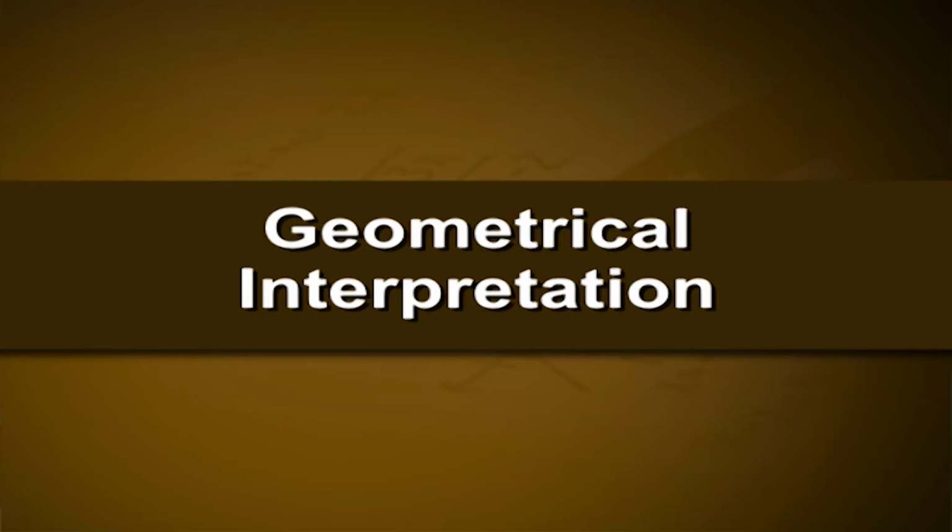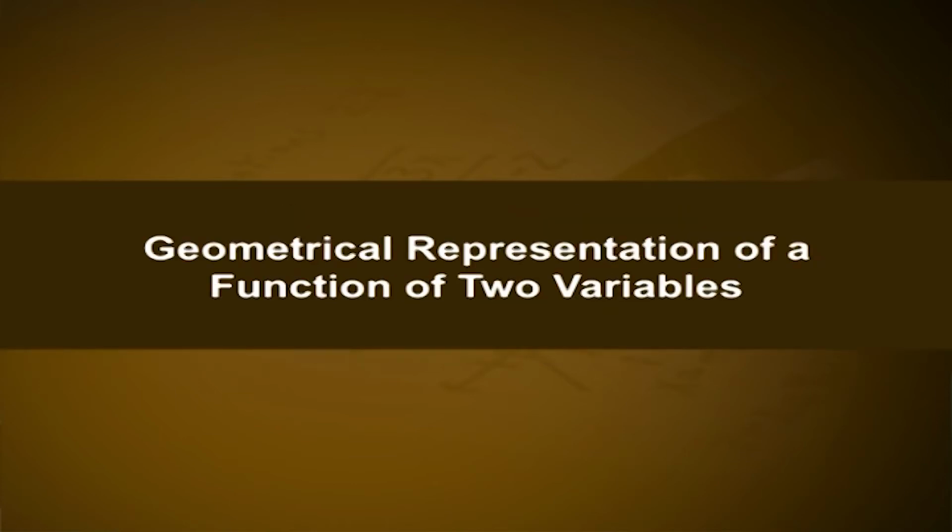Geometrical interpretation. Geometrical representation of a function of two variables. We take a pair of perpendicular lines OX and OY. Through the point O, we draw a line Z'OZ perpendicular to the xy plane and call it the z axis. Any one of the two sides of the z axis may be assigned a positive sense. Length z will be measured parallel to this axis. The three coordinate axes taken in pairs determine three planes xy, yz and zx, which are taken as the coordinate planes.